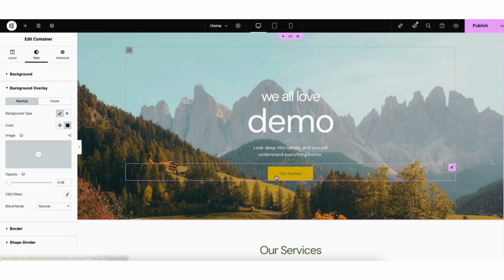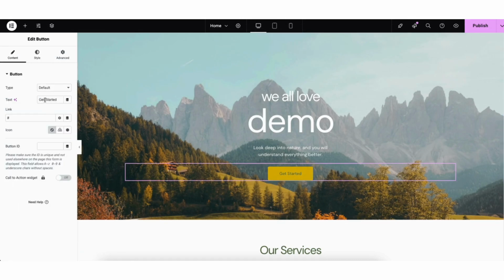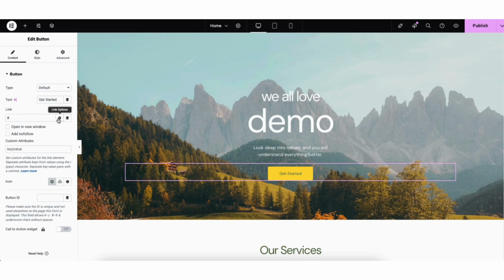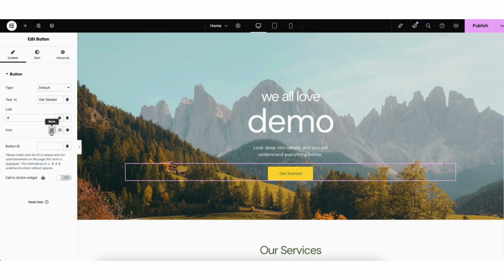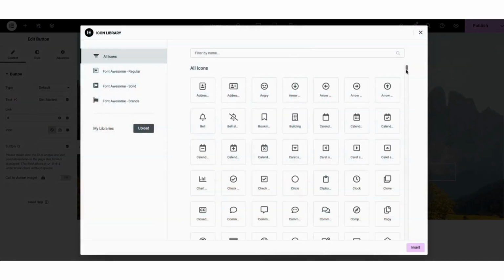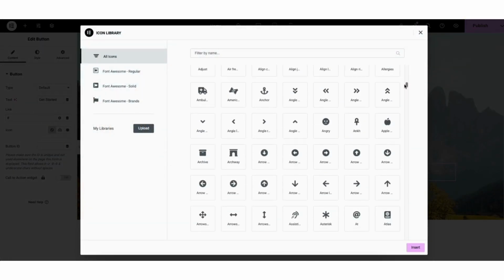To edit the button, click into the button. You can change the name of it. You can link it out to where you want it. If you click the settings icon here, you can have the link open in a new window and make it nofollow if you'd like. You can select to not have an icon with a button. Where it says Upload SVG, you can upload an icon. If you click Icon Library, you can view icons you can add to the button.